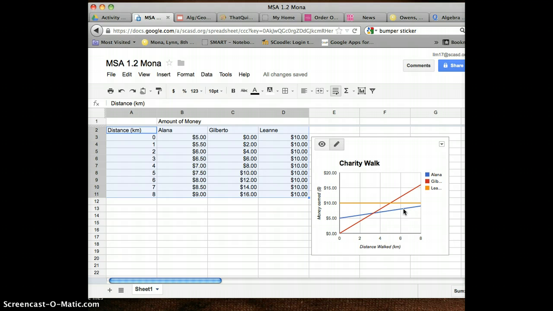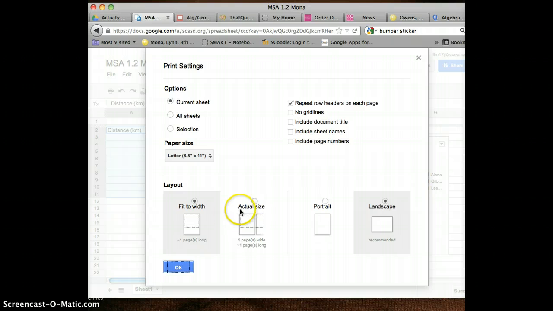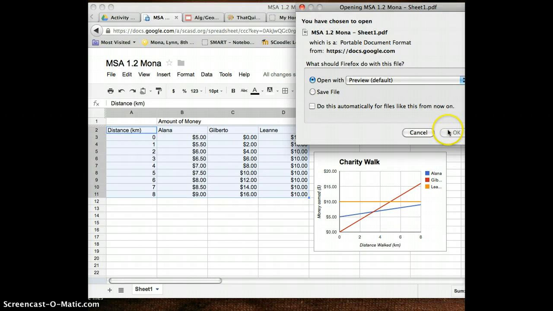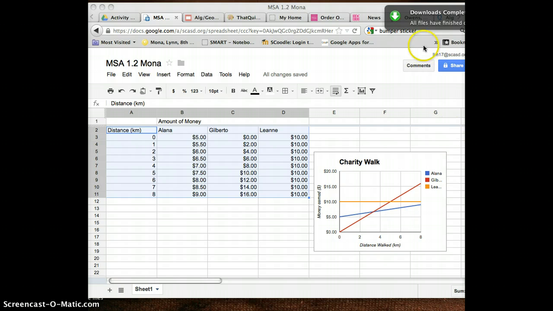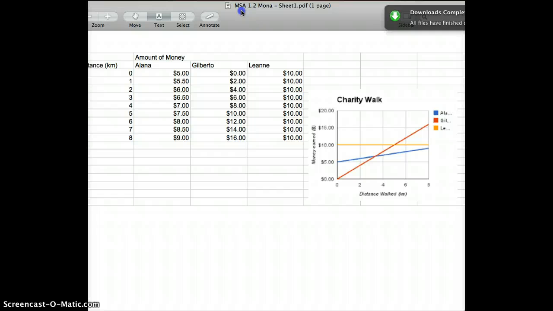I'd like you to then print this out as a one page, and again you're just going to go File, Print, and you want to fit to width and length, and it should come up. And there's my chart. I can print that out in the printer and then place this in your notebook after lesson